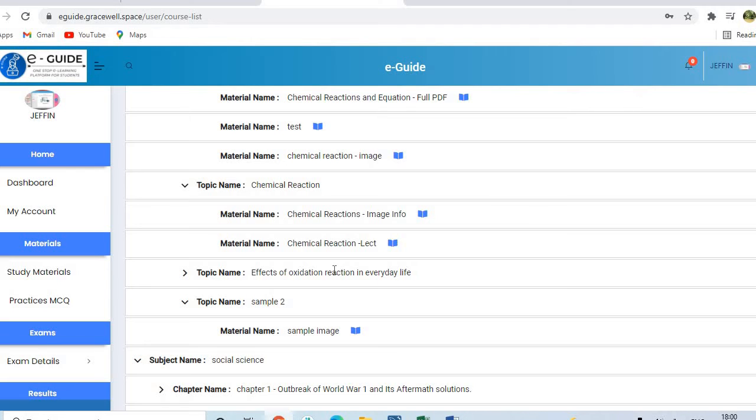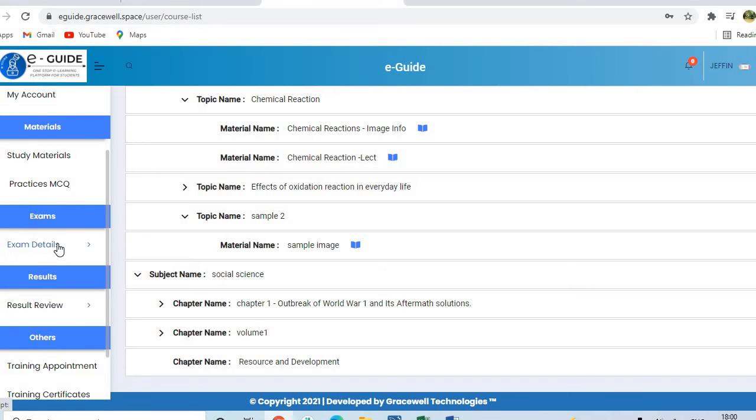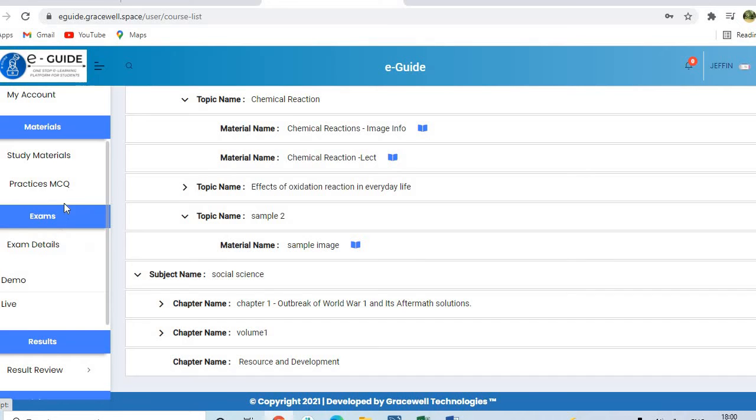Long back it was only teacher and board interaction in the classrooms, but if a teacher wants to elaborate on something more meaningfully, the software is a great help. They can upload multimedia materials in the backend, and all the students will benefit from it. Then I want to highlight 2 other important things of this software. One is the exams. As a student I'll be able to take 2 different kinds of exam: a practice exam, and demo and live exams. I want to highlight the practice exam, and also the demo or live exams.